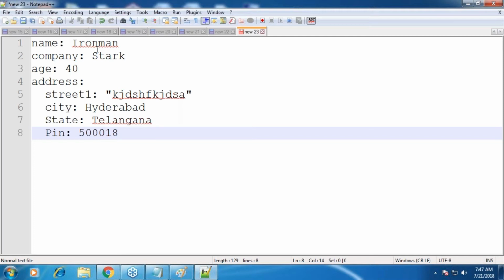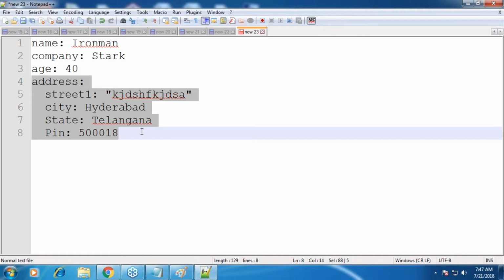So now I have an address, and address is not a one-valued property. The value cannot be expressed in one value. So that's why I've taken a representation where I have multiple key value pairs, right? So this is called a simple type and this is called a complex type. That's it. Address is a complex representation because you cannot represent address in one value. You have to tell multiple things about it.